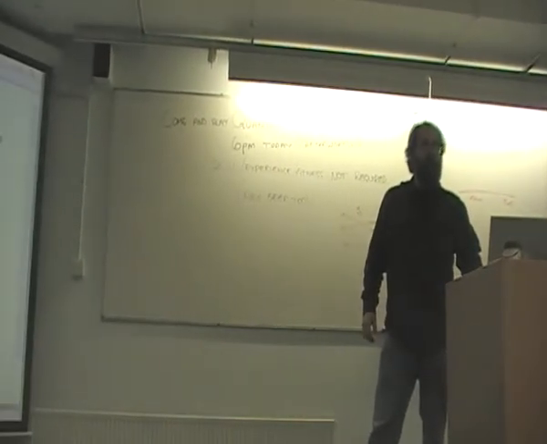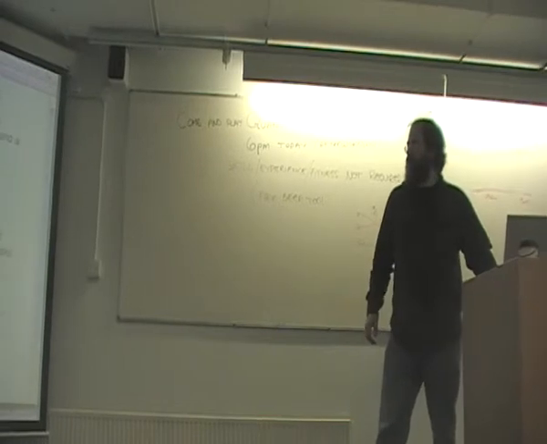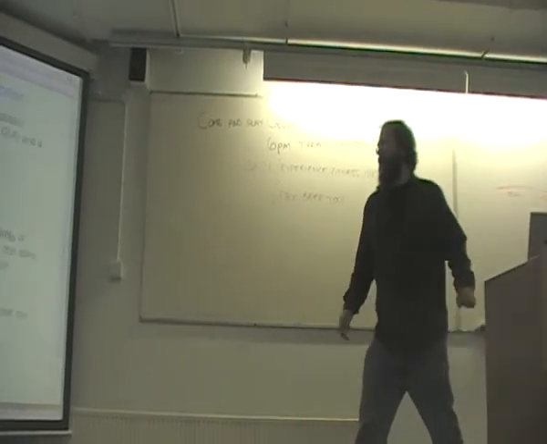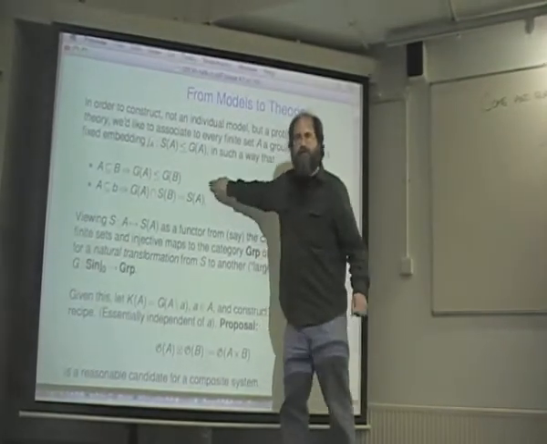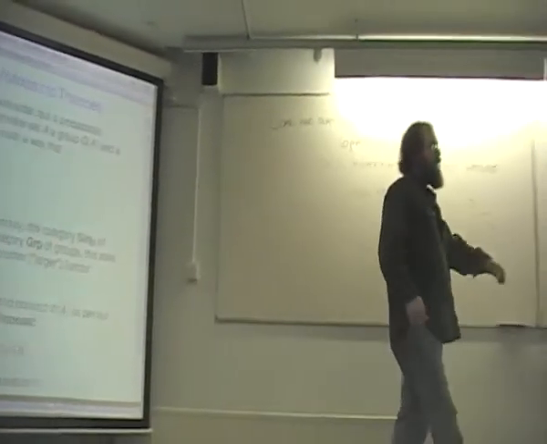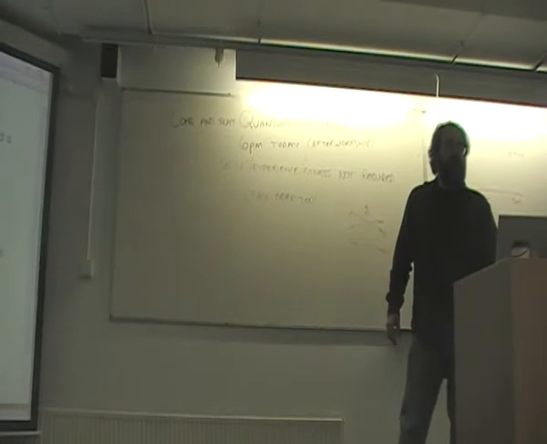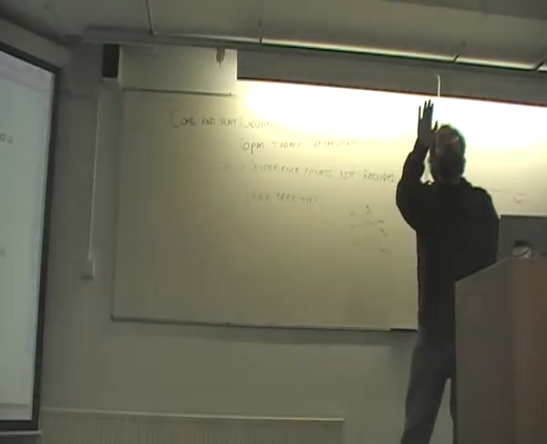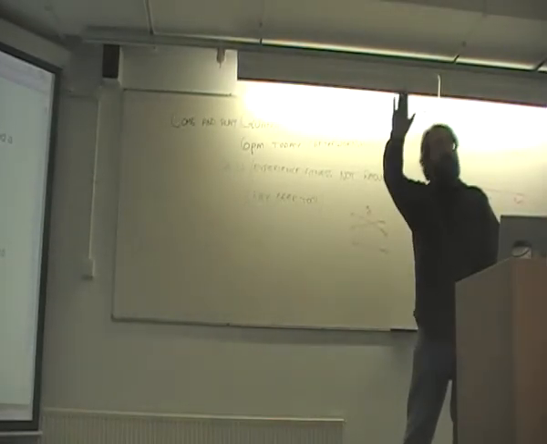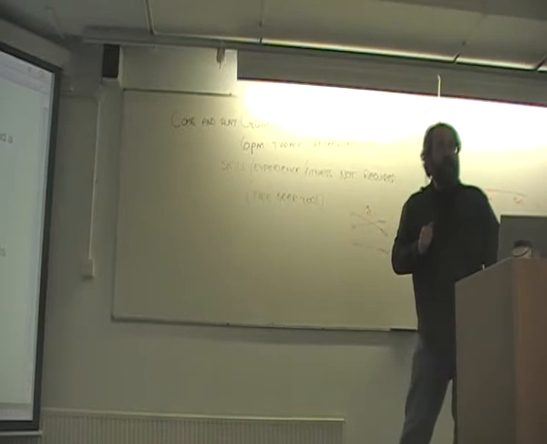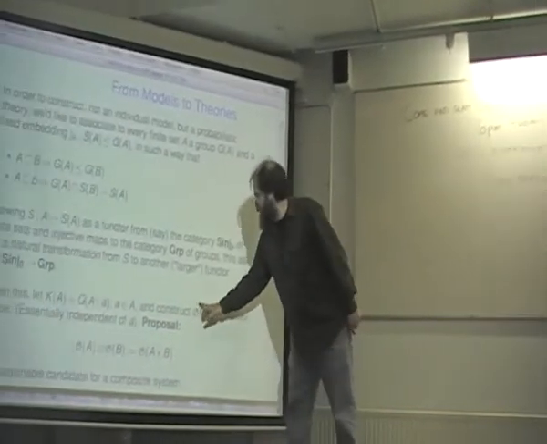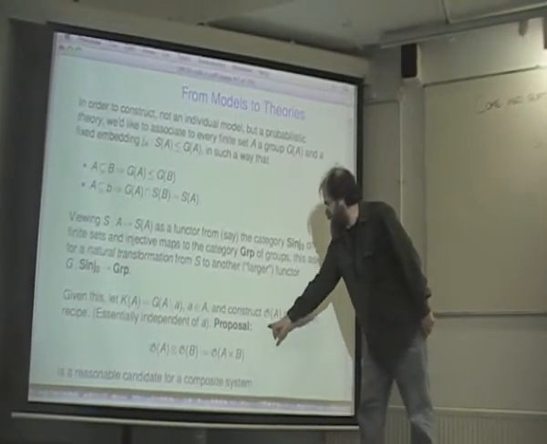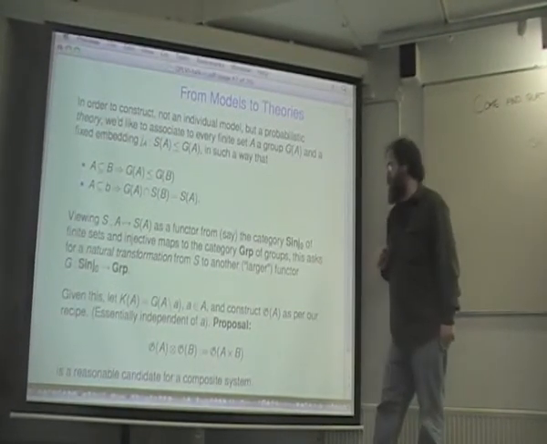If you give me that much, if you give me that sort of natural transformation, and I have to be clear, I mean a natural transformation for which these things are still going to be true, then I can go through the recipe I showed you on the previous slide, in some sense simultaneously for every finite set A, and obtain therefore, for every finite set A, a fully G of A symmetric test space Fraktur G of A.